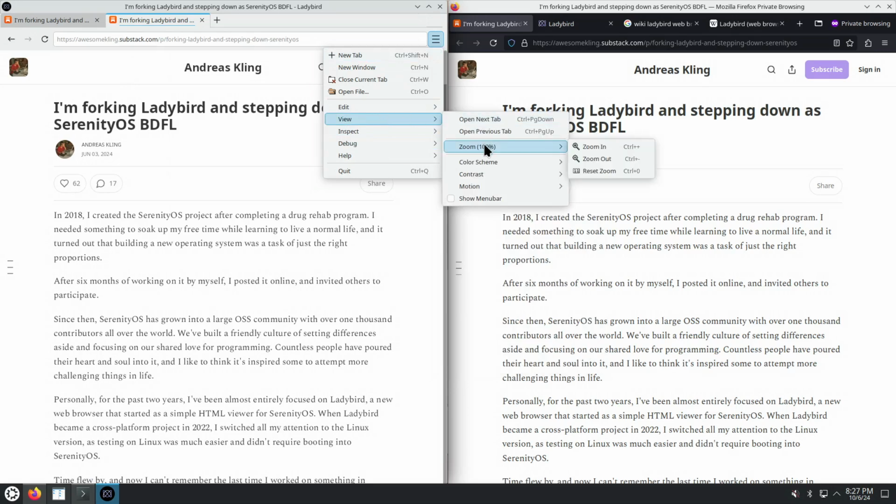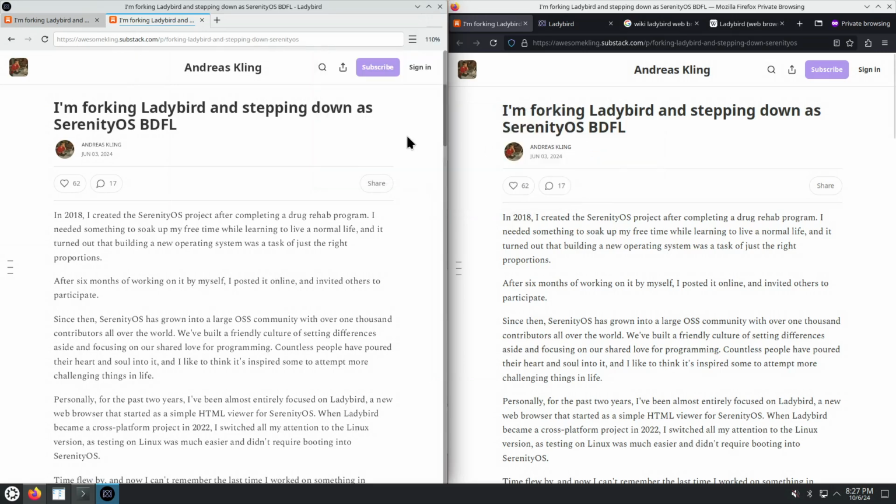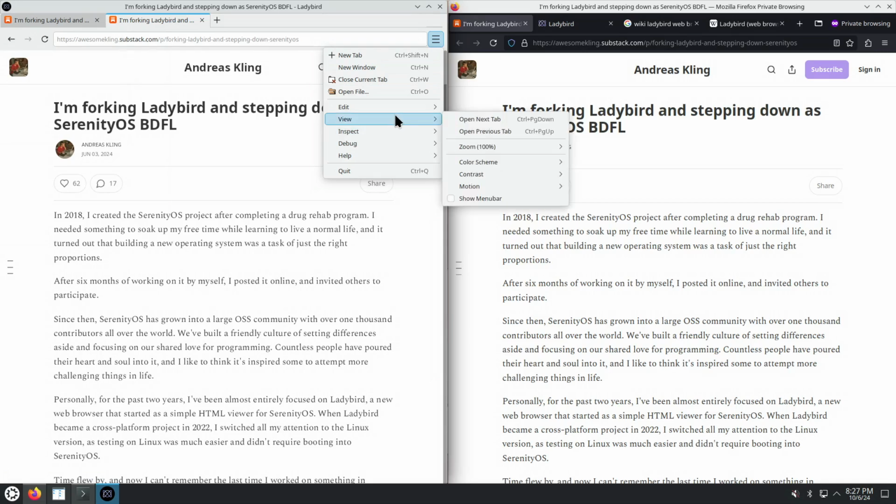Okay, let's see if zooming works. Zoom in plus. Control plus, maybe not. So maybe they have added all of the menu items that they could think of, even if they are not implemented yet. I'm not sure why we would do that, but